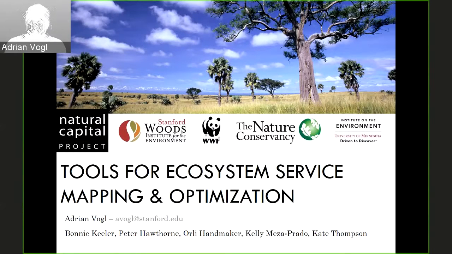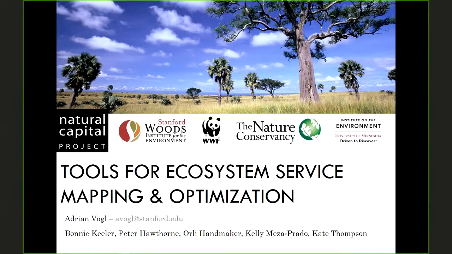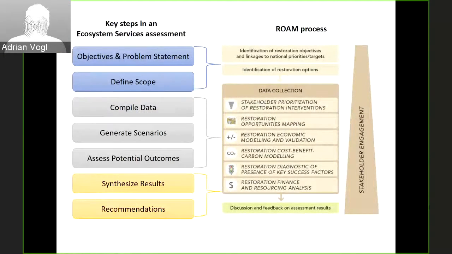Last time we talked, I went through this generalized flowchart of the Rome process on the right, that goes from identifying objectives and restoration options through data collection, modeling, cost benefit analysis, and then showing how that fits alongside a parallel process of ecosystem services assessment, which would be the steps on the left, starting with, again, objectives and